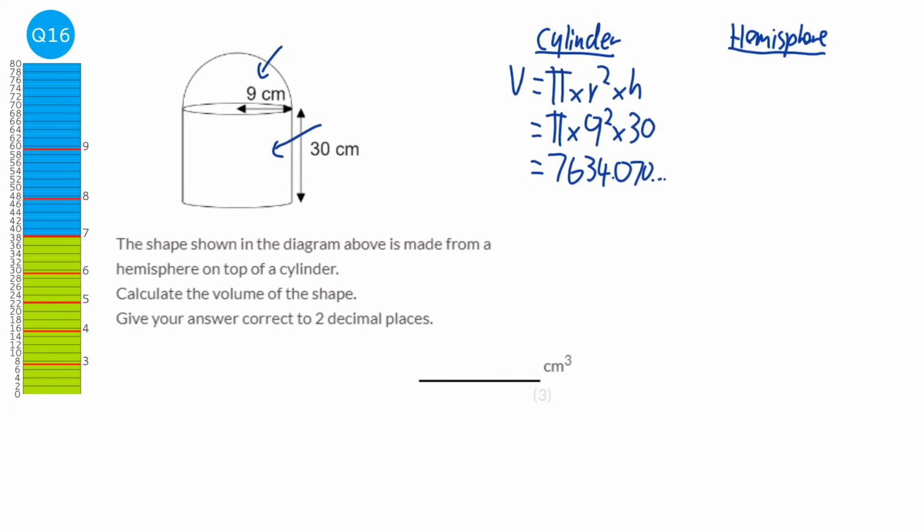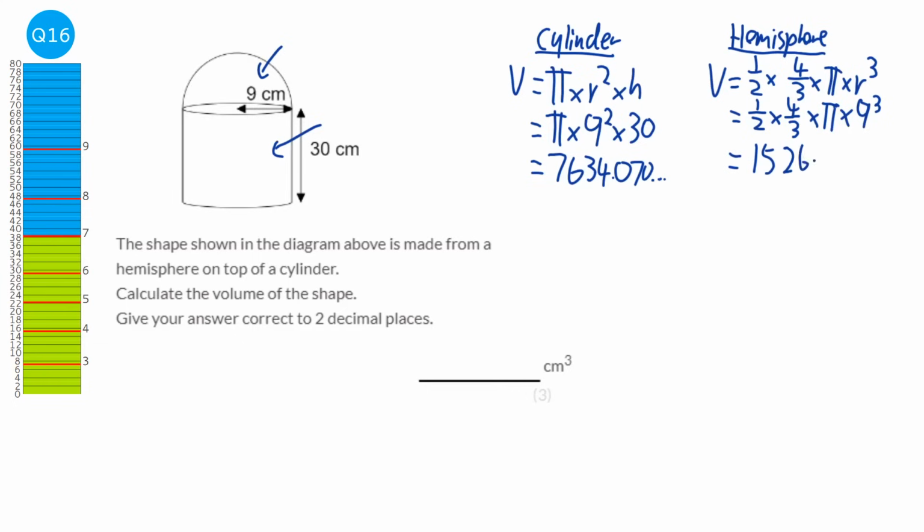To find the volume of the hemisphere, well, the volume of a sphere is 4/3 times pi times r cubed. But because it's a hemisphere, we just times that by a half. So it's half times 4/3 times pi times r, which is the radius, which is 9 cubed. And that gives us 1,526.814. And so the total volume